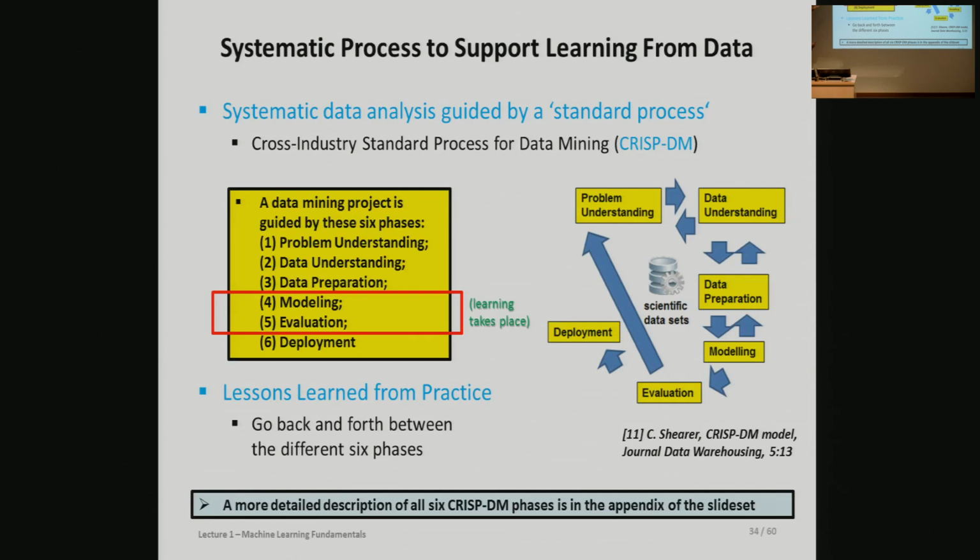We had already problem understanding and data preparation, if you remember all these steps we went through with the Iris dataset. And here, in the modeling and evaluation, is where the learning takes place. This is really machine learning in this part. Now, which different models do you have? Is it a perceptron? Do you use support vector machines, artificial neural networks? That's the modeling. And the evaluation, which we will talk about in the second part now, is really: how do I know that my model is good? So accuracy, error rates, and so forth.